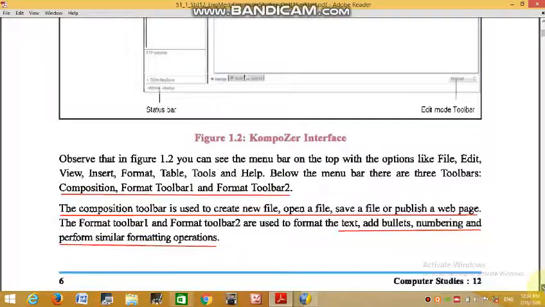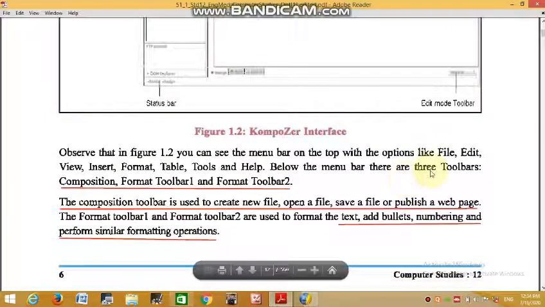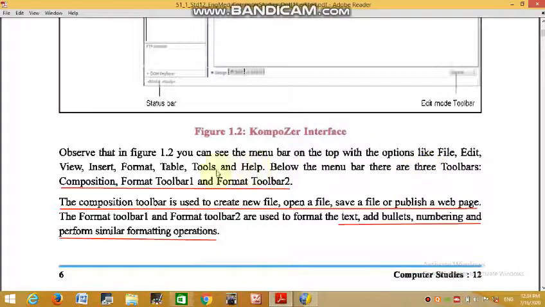In the menu bar, there are 3 toolbars. You can see the menu bar on the top with options like file, edit, view, insert, format, table, tools and help, and below the menu bar there are 3 toolbars: composition, format toolbar 1, format toolbar 2. The composition toolbar is used to create new, open, save and publish a web page.